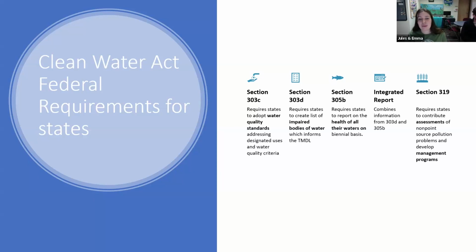This then goes hand in hand with Section 305(b), which culminates in a report that goes to Congress every other year, talking about the health of all waters. And then 303(d) and 305(b) go together into an integrated report that basically streamlines the process and categorizes where waters are at. And then Section 319, the last one that we'll go over, requires states to have assessments on non-point source pollution problems. So from that, there are watershed-based plans and best management practices that can go into place. Woohoo! So I'm ready for the next slide.